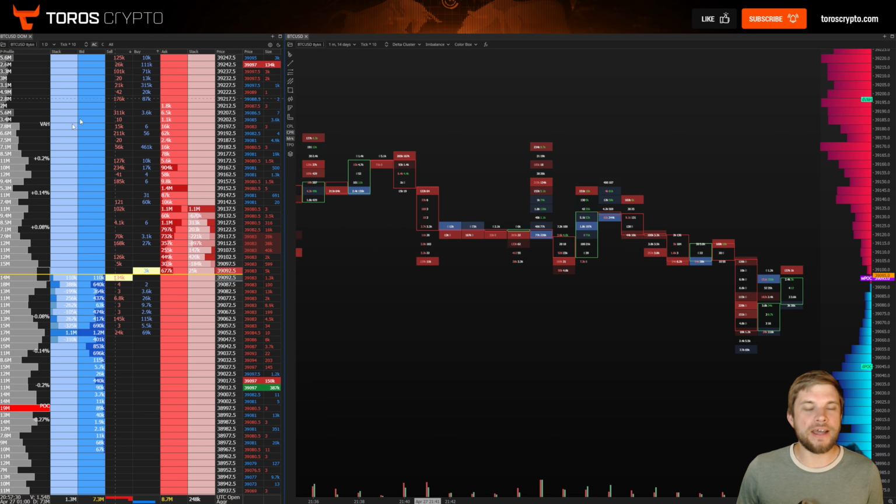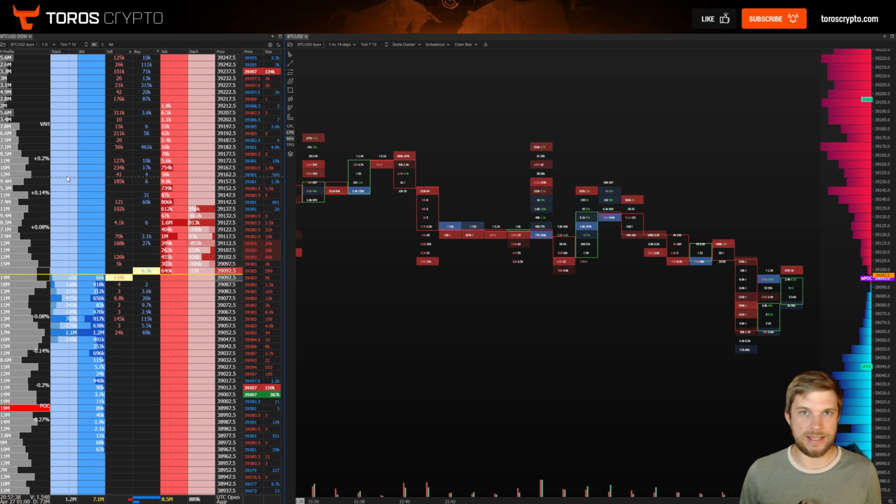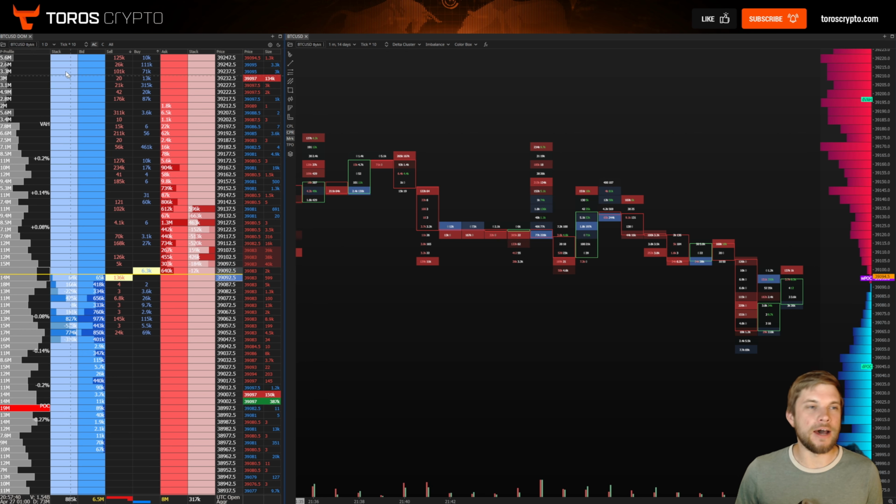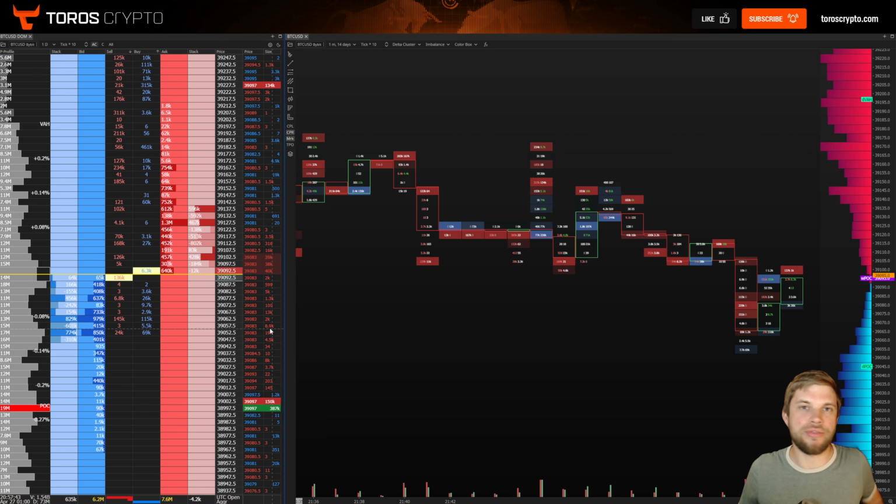So going back over here onto this left hand side, you can see all these rows and columns all representing a lot of data. This here is your depth of market, your DOM, your order book depth. It all means the same thing. And there's a lot of information on here that goes beyond what you would normally expect to see from a